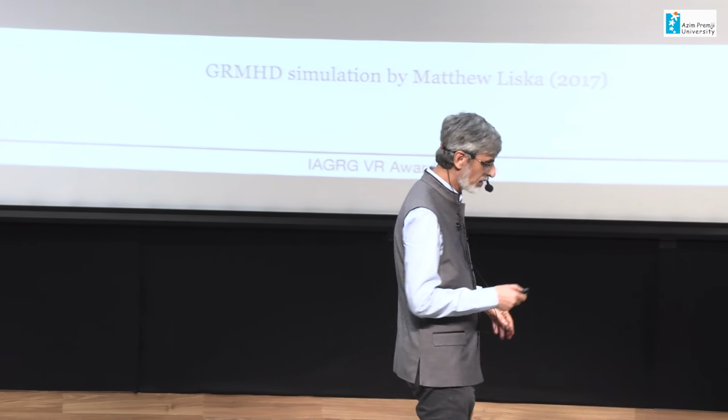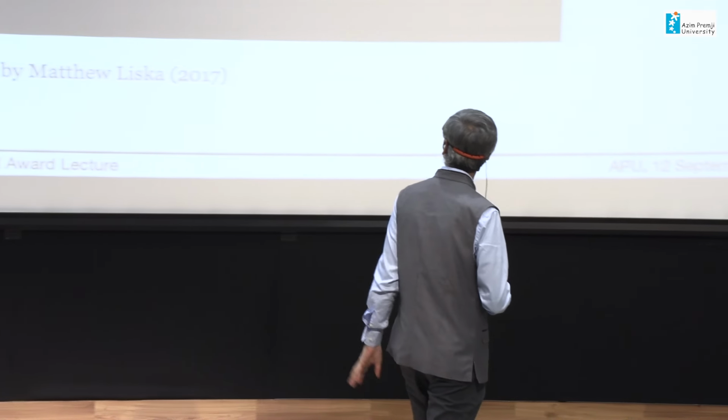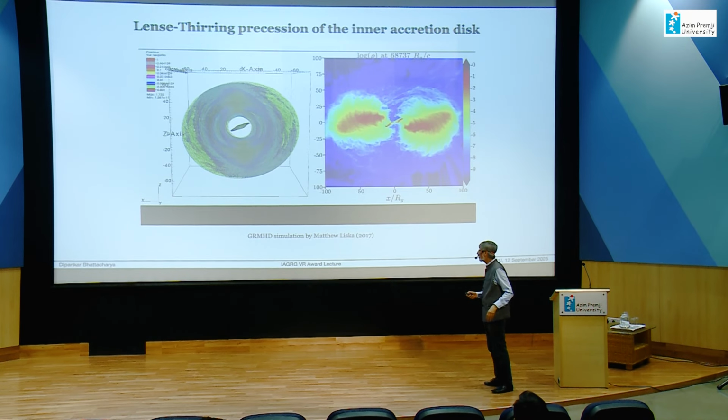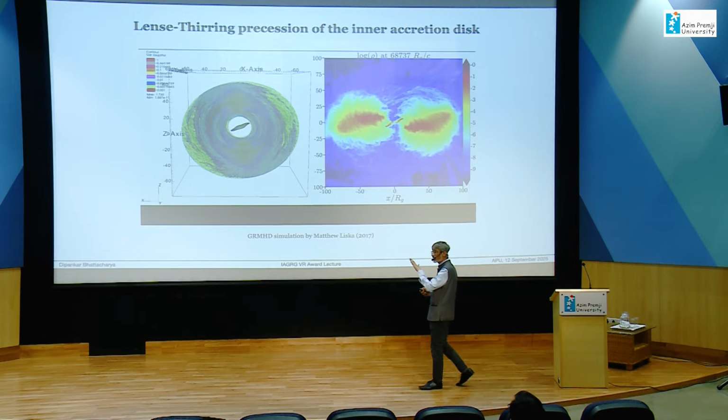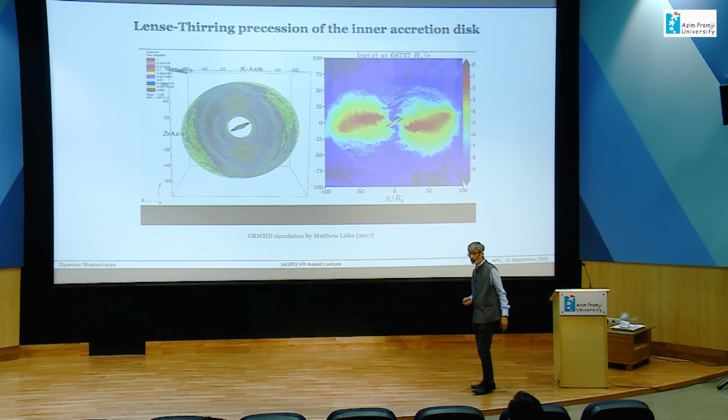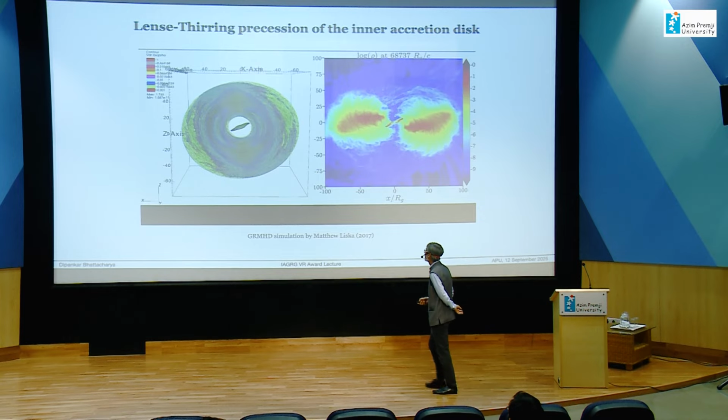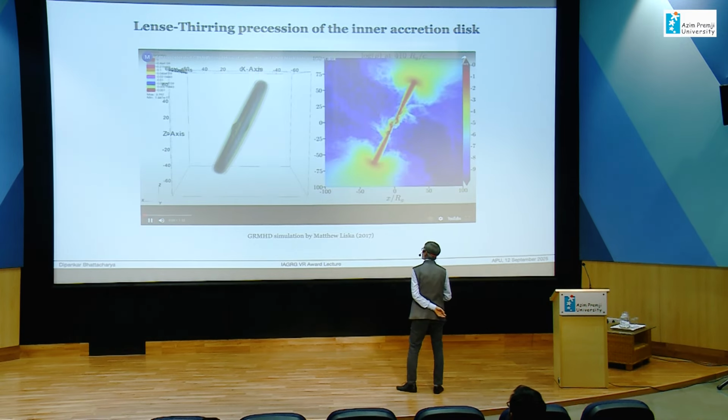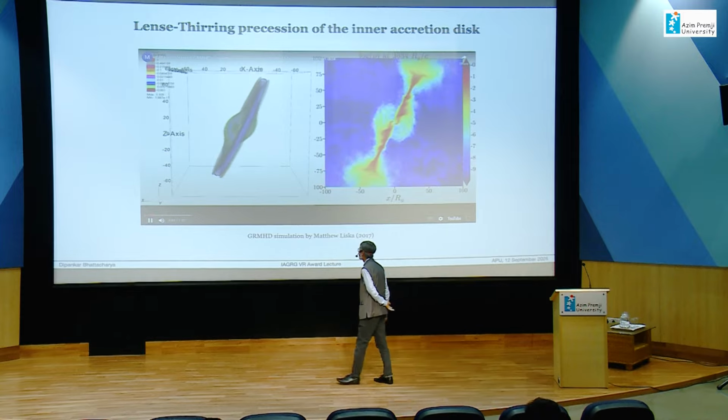So any material that is coming close to it will be tilted and dragged close to its equatorial plane. So if you allow material to approach the black hole in a direction which is slightly different from its equatorial plane, then the inner part of the disk is going to get detached and is going to start precessing. Now let's see if this video does work.